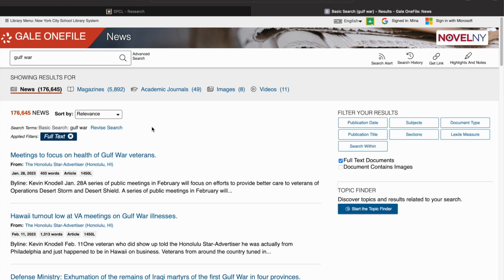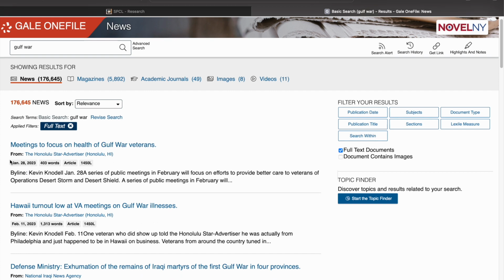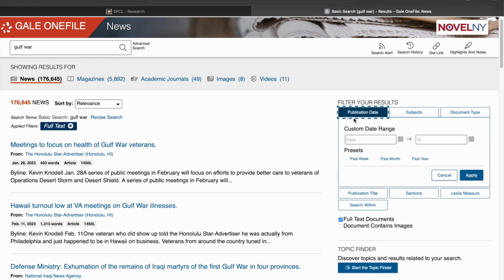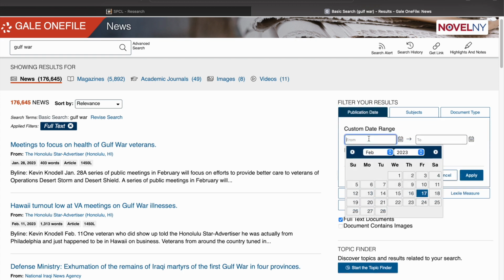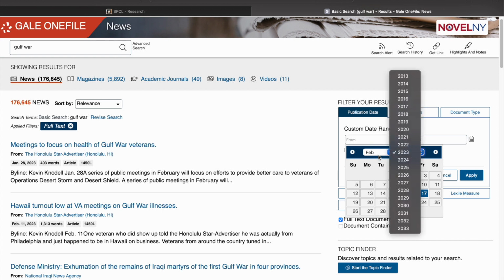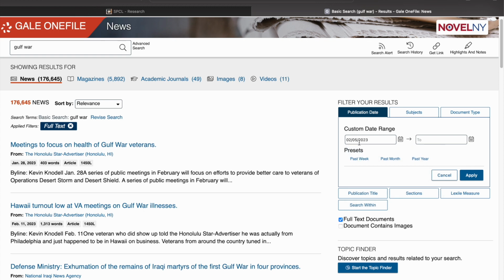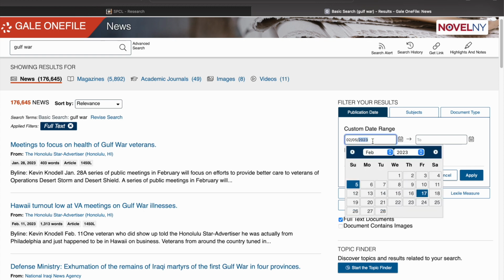Now say you wanted to restrict this, because if you see it will turn up articles as recent as January 28th, 2023. But if you're looking for primary sources or things that happened when the actual event was occurring, you can actually set custom dates. You can use the scroll menu, but I actually found it was a bit easier to just type in the date manually. So if I just roughly said